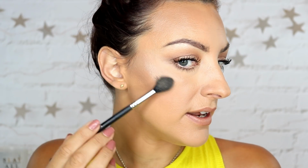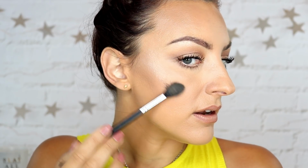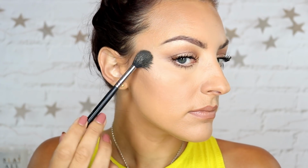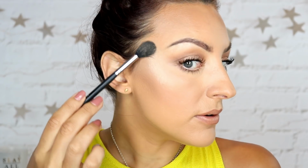So I'm going to show you it on the face and then we'll do some comparison swatches. I'm using my Morphe M501 and I'm just going to go in. You can see it picks up quite a lot of product, but there's no real kickback. I'm not going to tap this off because I don't really need to. It's not like a mega crazy glow. So you can see it really does melt into the skin really nicely, and you can build this up to